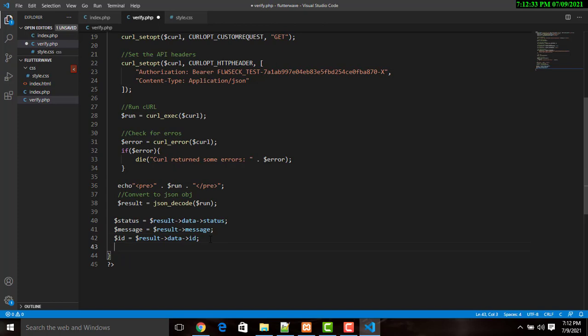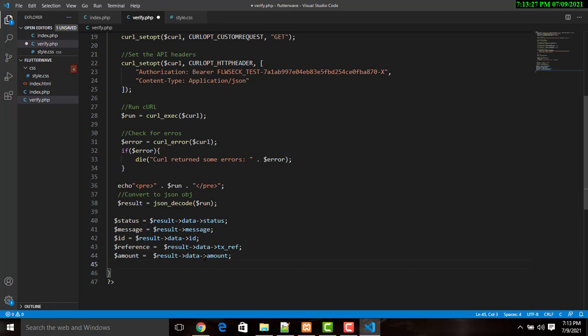And I fetched the ID, so let's fetch the reference. So I'm going to just say reference, and the reference is going to be, I'm going to copy that. So to get a reference right now, this is data, and I can just get that from tx underscore ref like that. And then the next thing that I need right now is going to be the amount. So let me get the amount right now, and to get the amount, I'm going to get that from this place. So this is going to be amount,